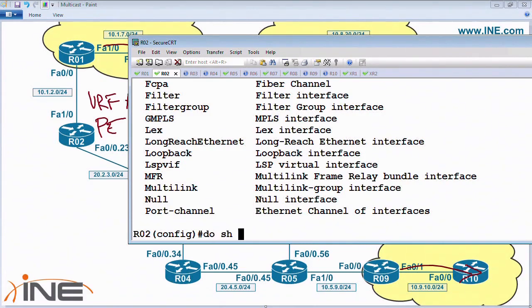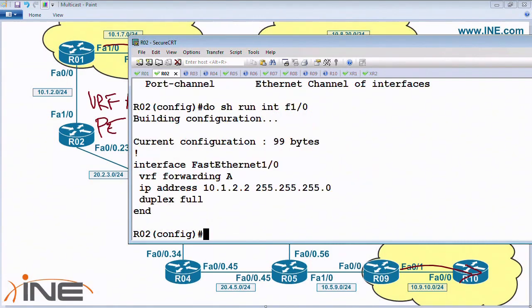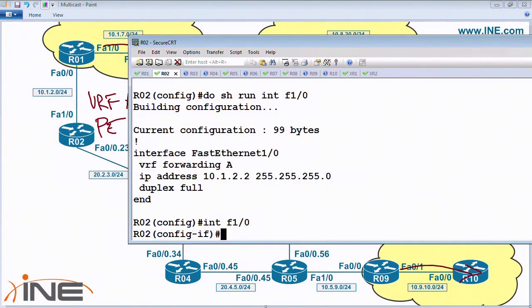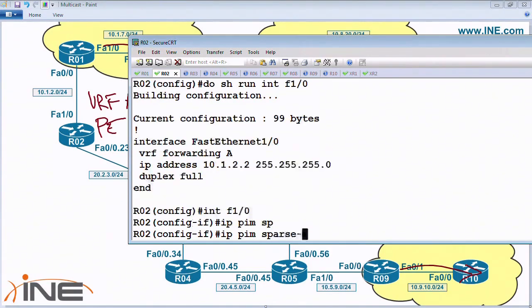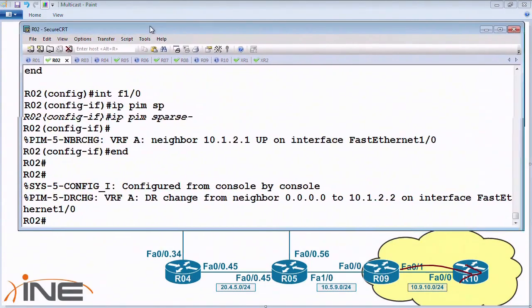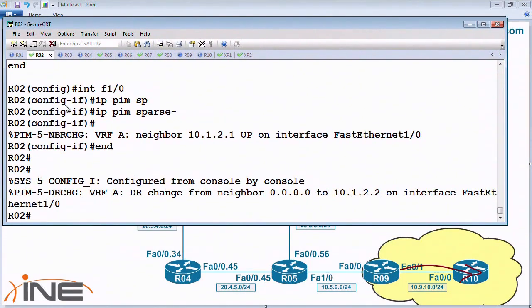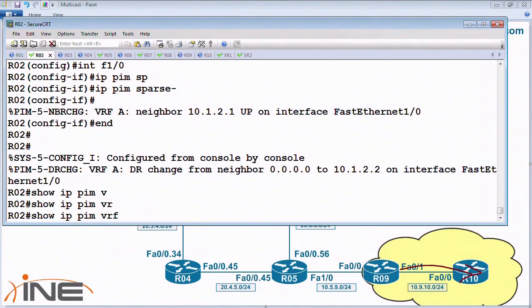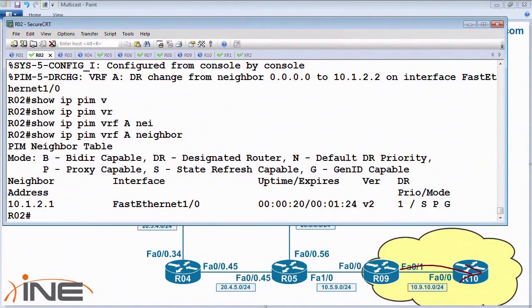Now, at the interface that's actually running the VRF, which in this case is FastEthernet 1/0, there's no special config here. We just have VRF forwarding, and then we're going to have IP PIM sparse mode at the link level. So we should see now, once this is configured, we have the PIM adjacency come up, but specifically it is inside the VRF. So it says the PIM neighbor is up in VRF A. If we were then to look at the show IP PIM VRF A neighbors, we see that we have the adjacency